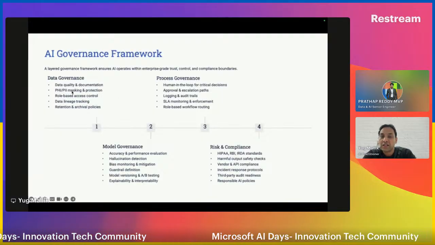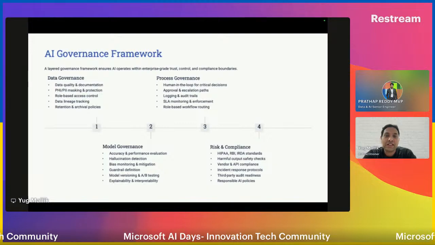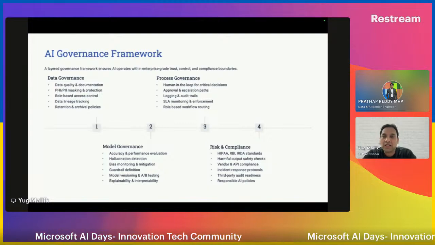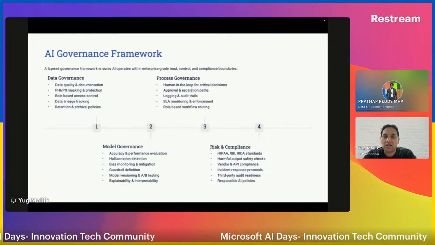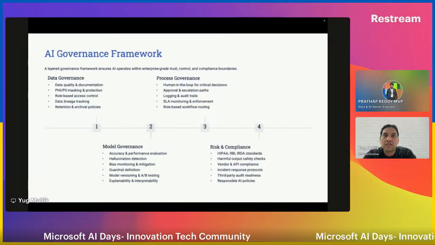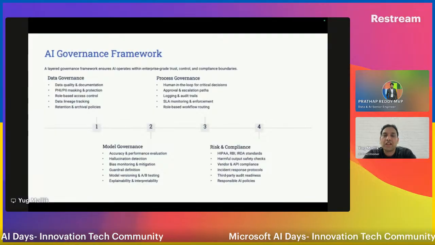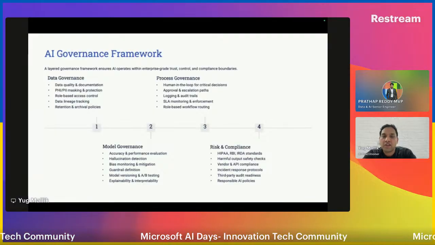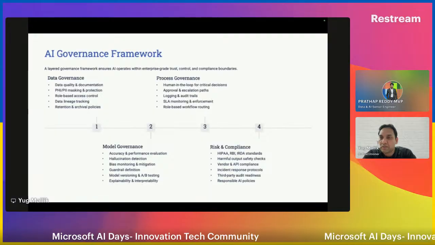Now, whether the data has any sensitive information: insurance and healthcare, for example, are very much into PII masking. So we have to ensure that this information is not getting leaked, and that it is masked while interacting with LLMs.